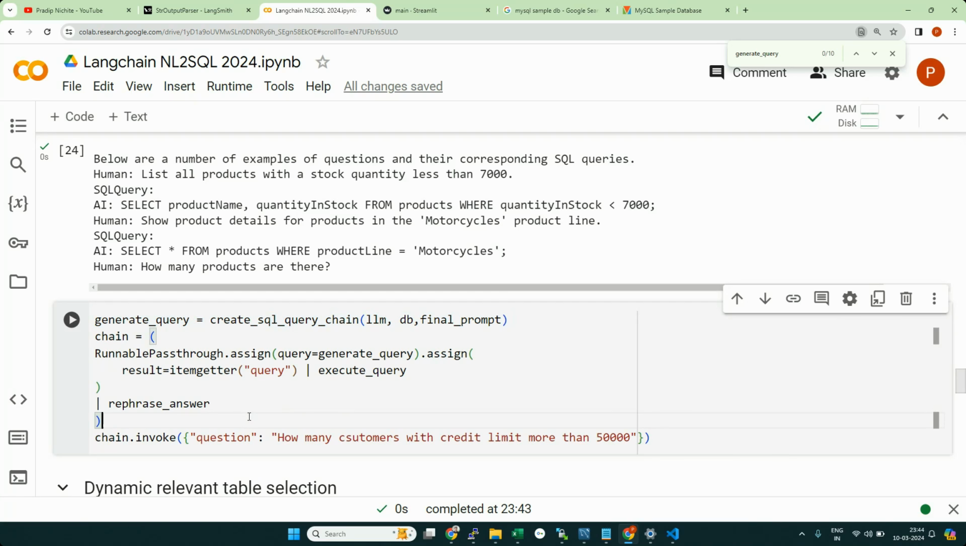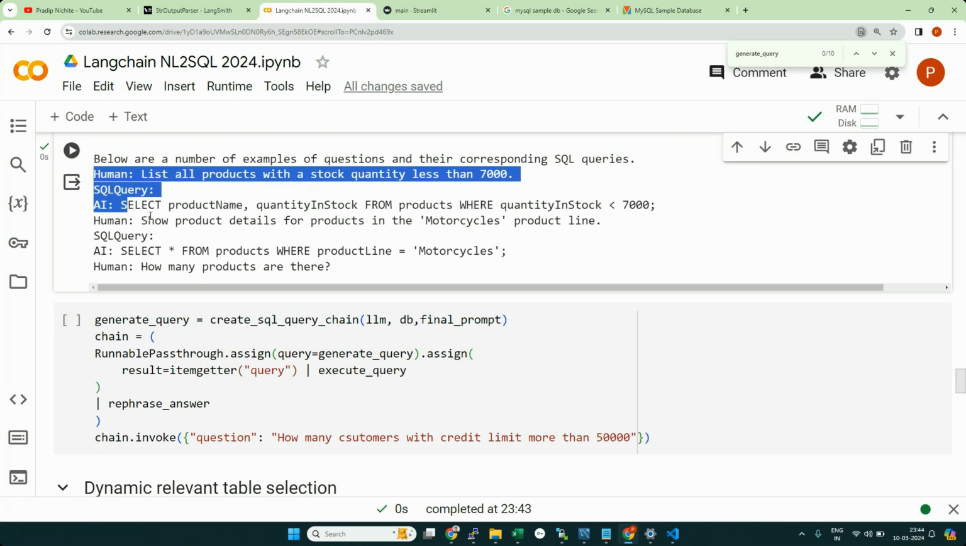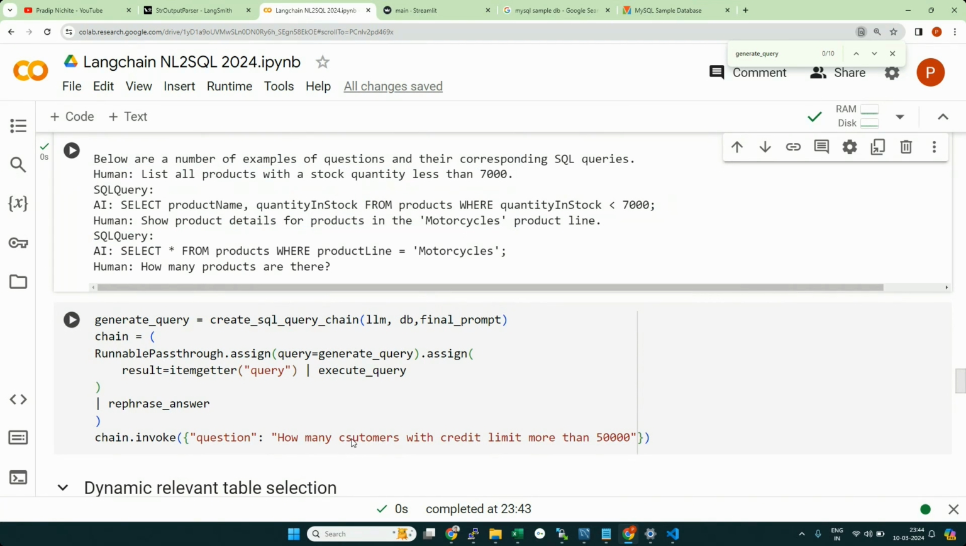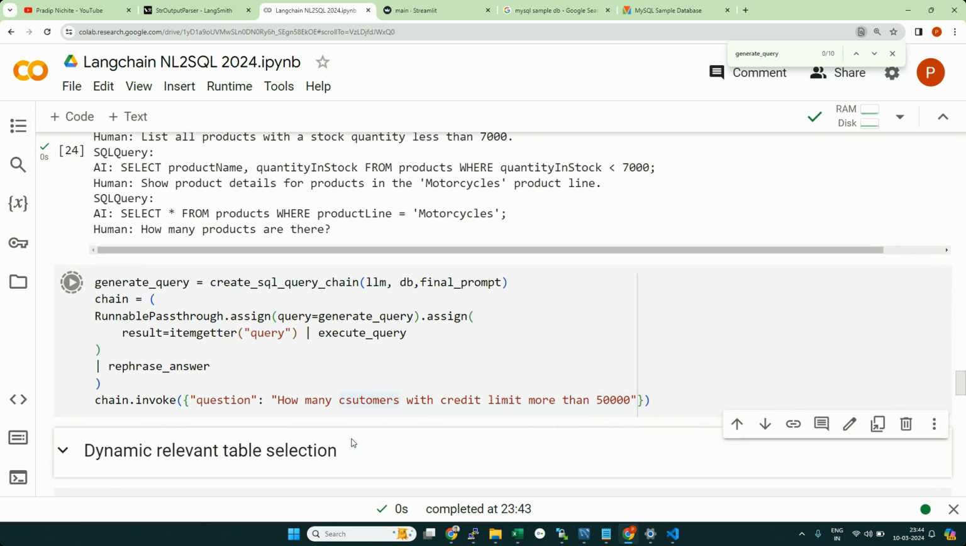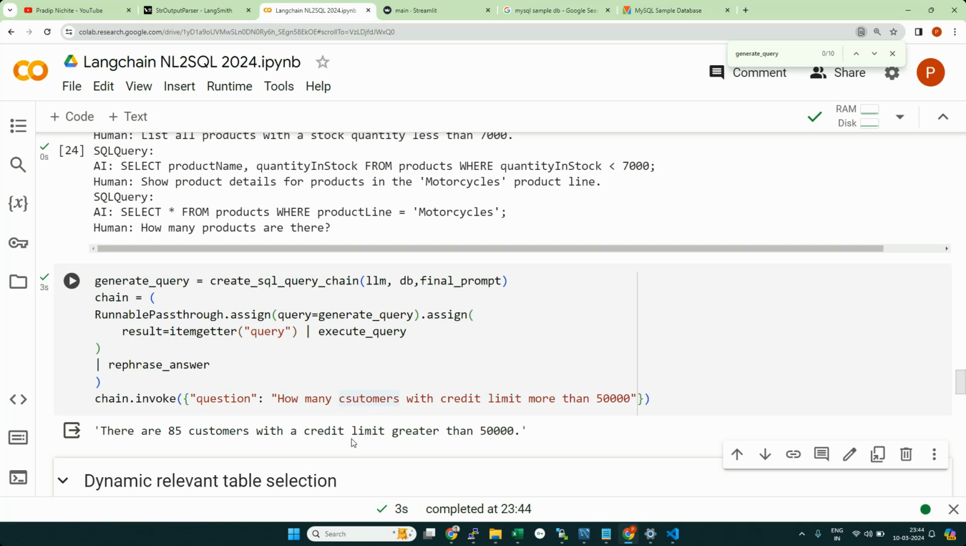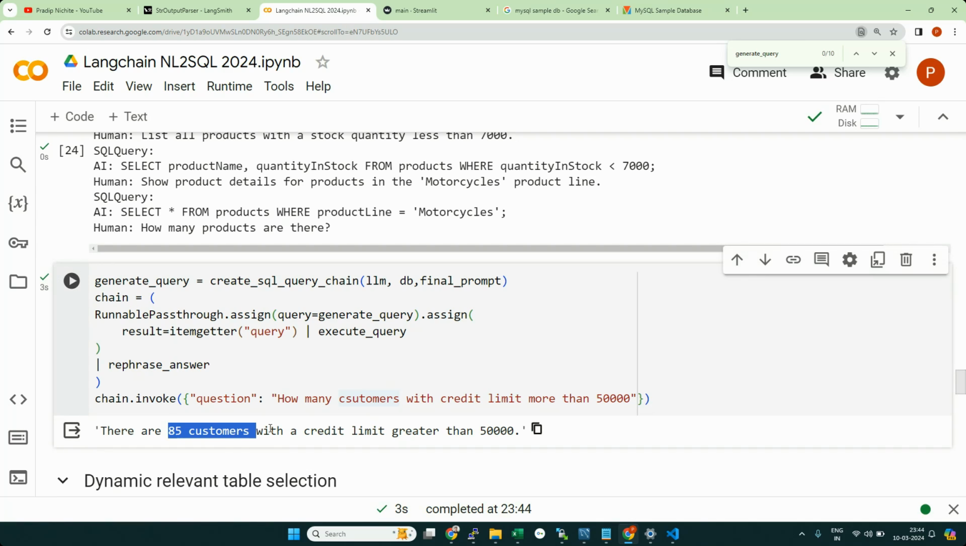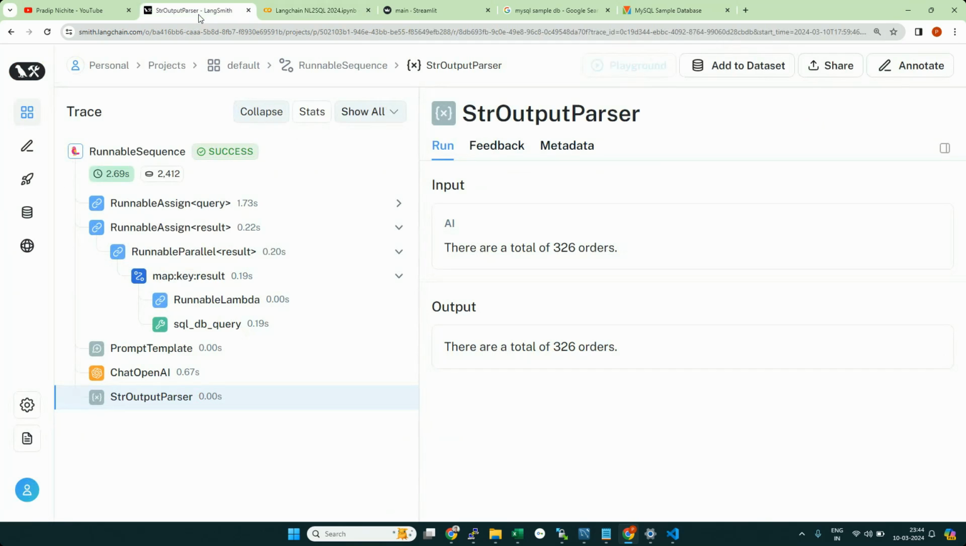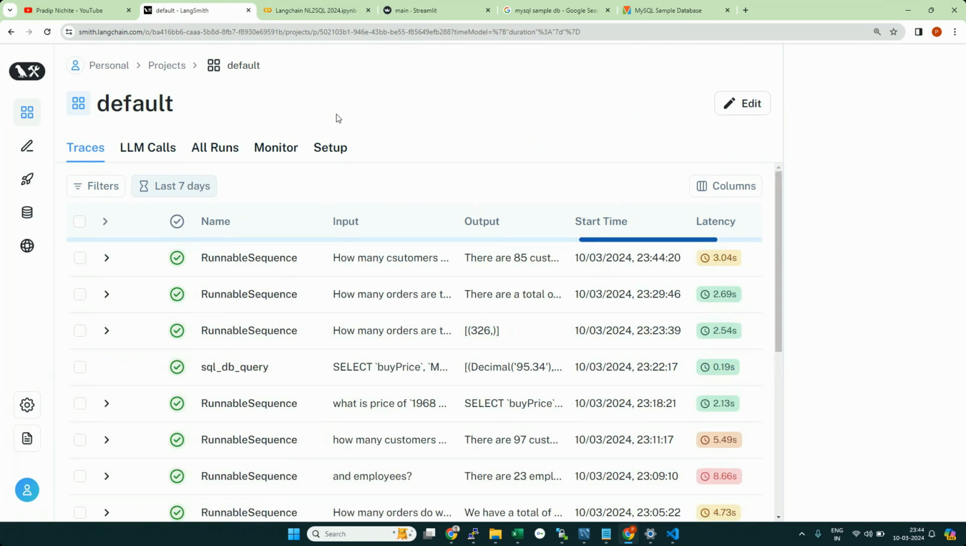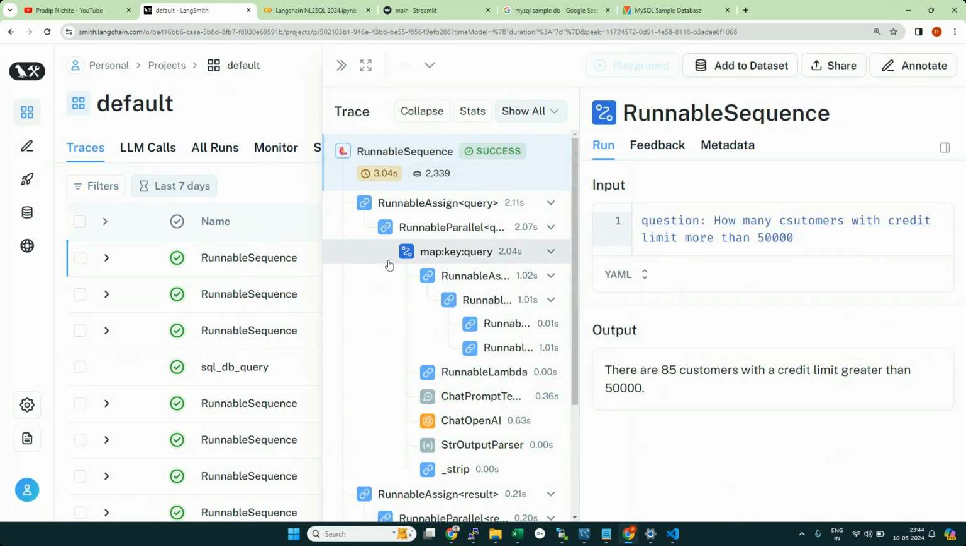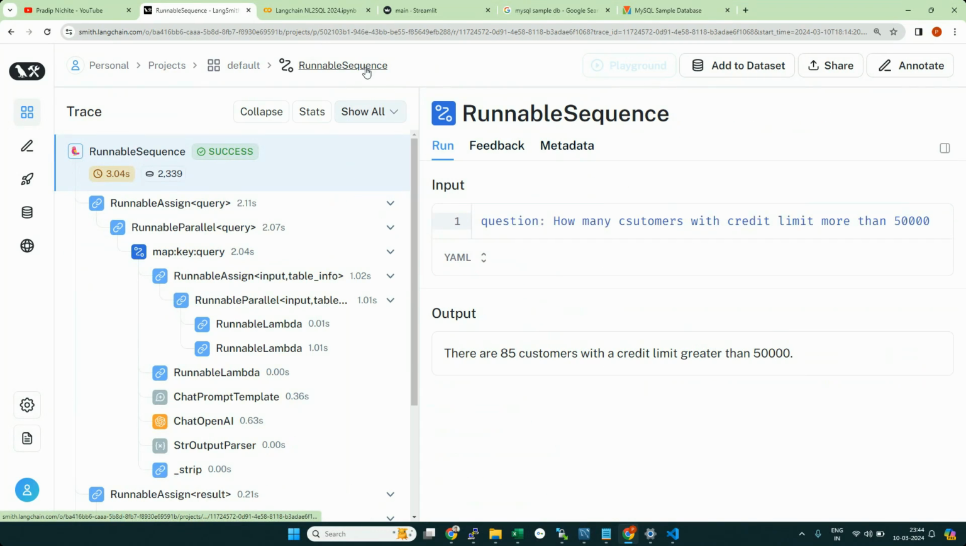Let's run this thing, and we're going to go to LangSmith to see whether we are selecting those proper examples or not. Let's run it with the spelling mistake I see there. Okay, so there are 85 customers with this particular credit thing, right? We just saw. Now let's go and look at LangSmith, whether we got those steps properly or not. This is what we asked: how many customers with the credit, and we are more interested in that particular step